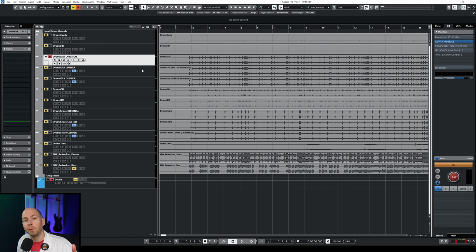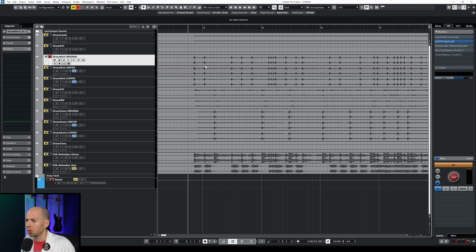All right, for this demonstration, we're going to play a kick drum, and I'm going to show you the difference in sound between a limiter and a clipper. And yes, I'm going to be aggressive with these settings so you can hear what they're doing to the audio. Normally, you're not going to want to limit something by 18 dB, but it's just going to give you a good sense of the flavor of a limiter. So let's play the original kick drum.